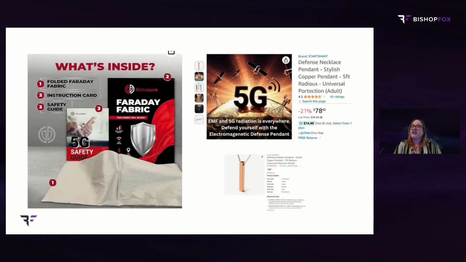So that is pretty interesting and a flaw in logic there. As we talked about with Eric Katz's study, a lot of the devices do not work. So these Faraday fabrics that are very easily sewn and used are basically useless. They cannot perform in the way that they describe. And on the right, we have a 5G absorption bar necklace that pretends that it may absorb all the harmful radiation around you and protect you like a little bubble because you're wearing it.